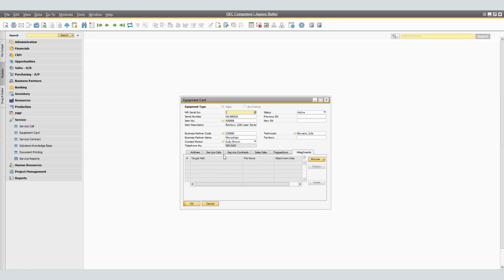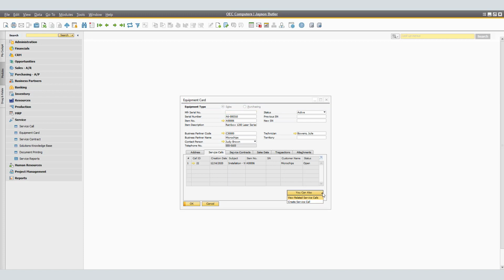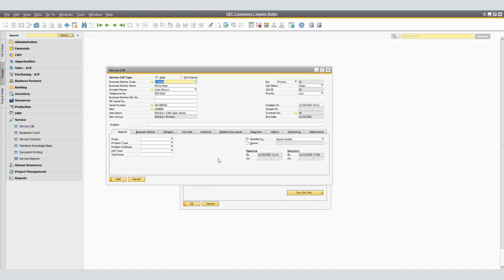As we return to the Equipment Card Service Calls tab, you are able to see that on the bottom right, there is a button that says You Can Also. In the You Can Also button, you are able to view related service calls or create a new service call. When selected Create New Service Call, all the information that we saw from the equipment card is brought over to